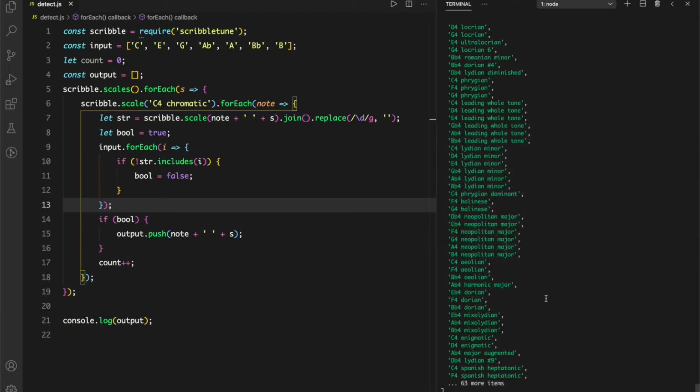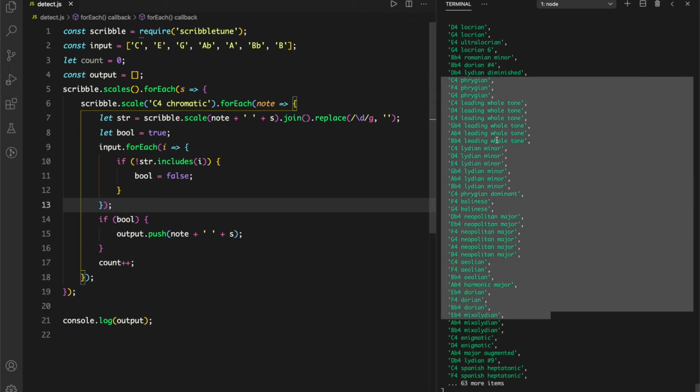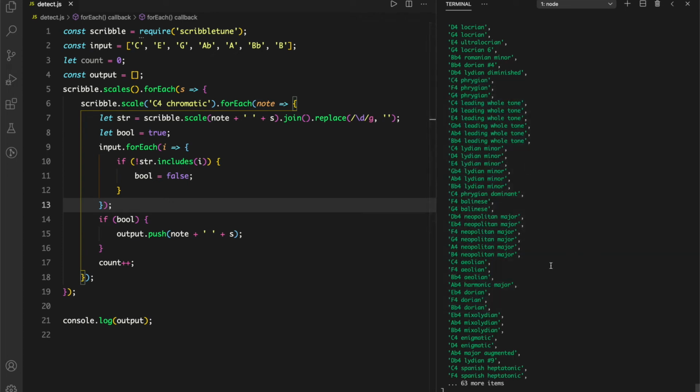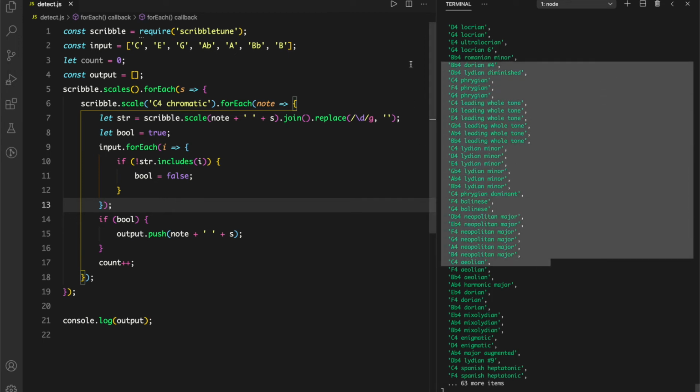So as I mentioned at the beginning of this video, there is definitely a pre-processing step to this problem. That pre-processing step could be to go over all the possible scales, generate the nodes for them, and build out a graph. Then when the code needs to run to check if the provided nodes exist within some of the scales, traverse over that graph, collecting the scales that match. One way to think about it: if you started with C major, then whatever the next node of that graph is, let's say C minor, there would be a distance between C major and C minor.